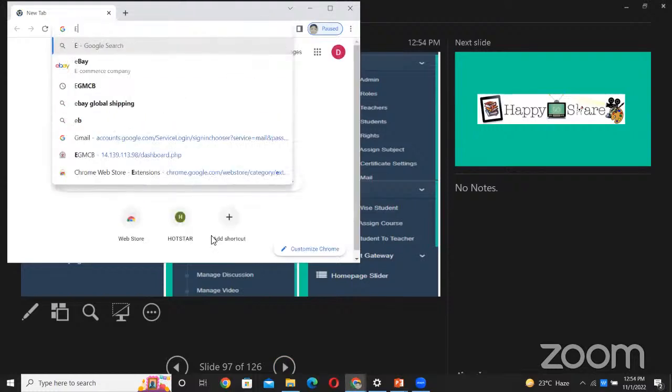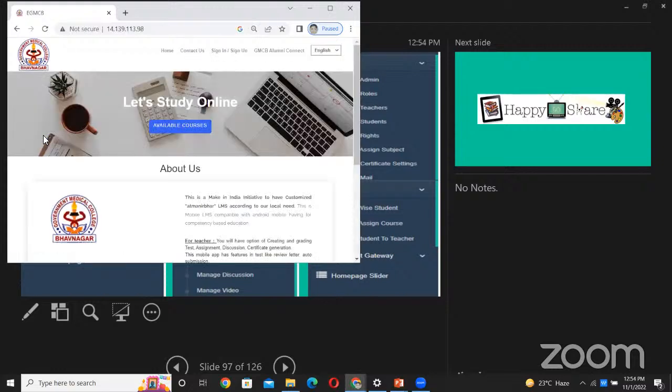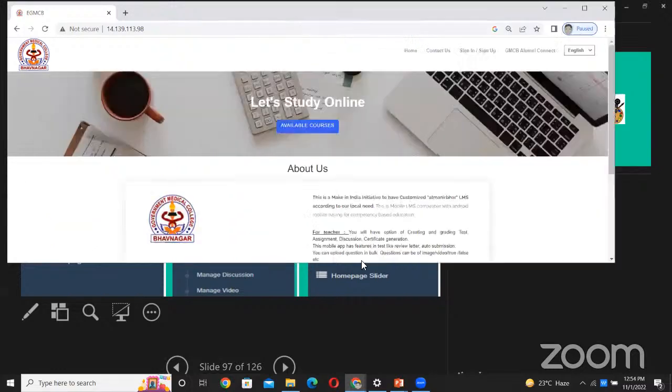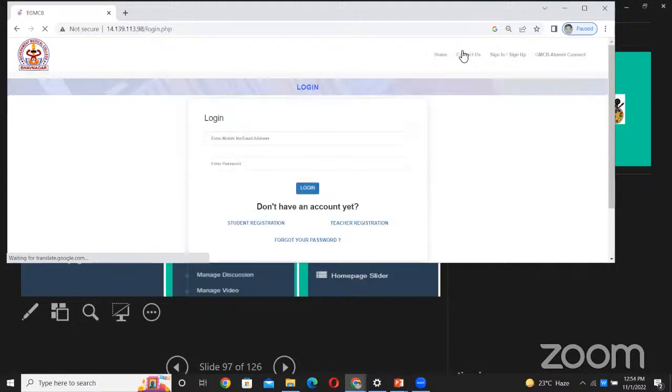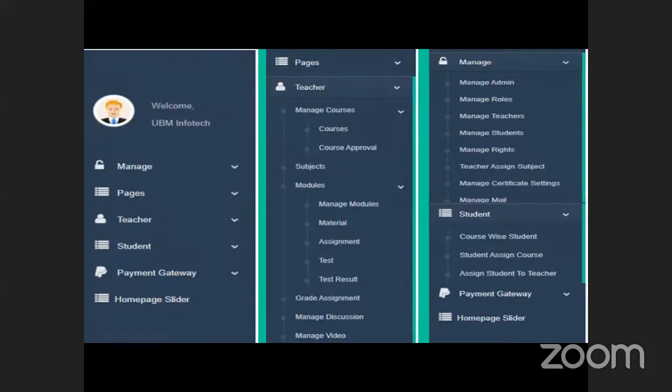मैं हमारे कॉलेज का ही खोल देता हूँ। So we are using it at EGMCB and it is available in Android app as well as, ये iPhone में नहीं अवेलेबल है क्योंकि कॉस्टली है। तो सिंपली ये स्टूडेंट पार्ट है। इसमें देख लेते हैं, चलो कोई बात नहीं। तो here you can see ये कोर्स है, मटेरियल आप अपलोड कर सकते हो, असाइनमेंट दे सकते हो, टेस्ट ले सकते हो, MCQ टेस्ट है, टेस्ट रिजल्ट है।